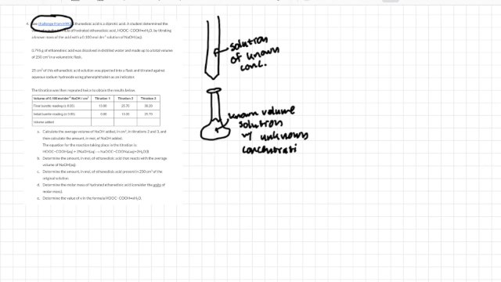So you have some solution down in the Erlenmeyer flask where we do not know the concentration. You add the known solution dropwise. That just means drop by drop. So if I have my solution in here, I'm adding it drop by drop into the other